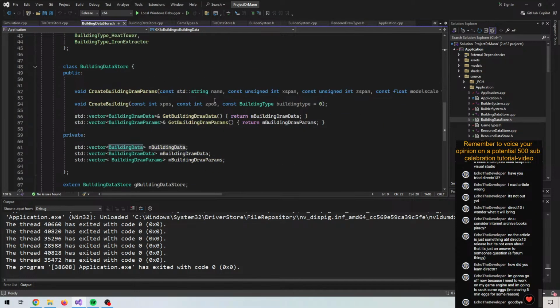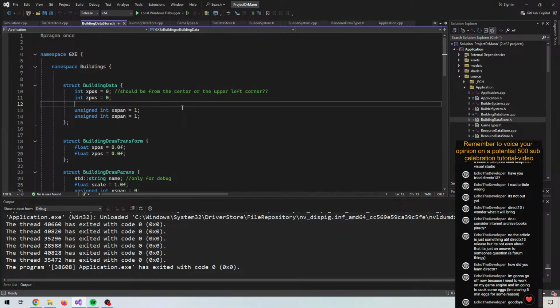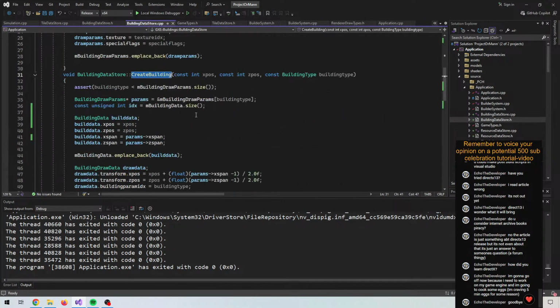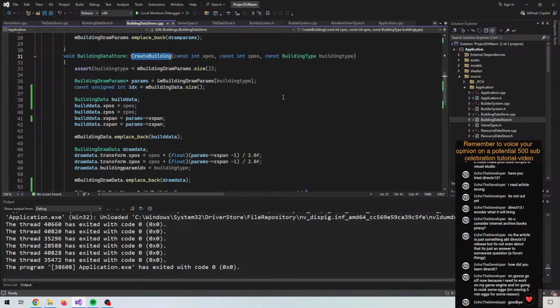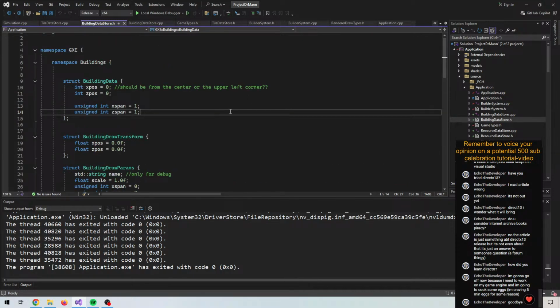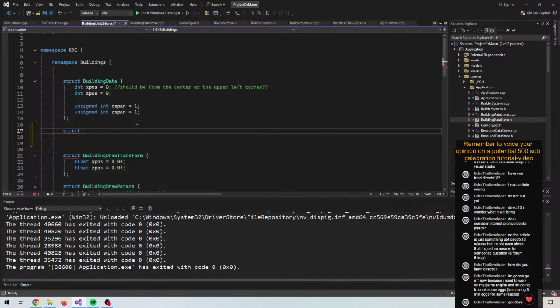So right now we have the X and Y position, the span of the building, and when we create a building, we actually store that information so we know how big the building is. Okay. Let's do a struct here. Building